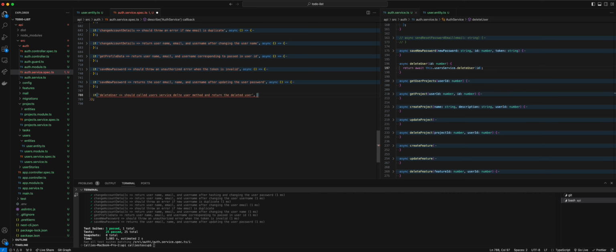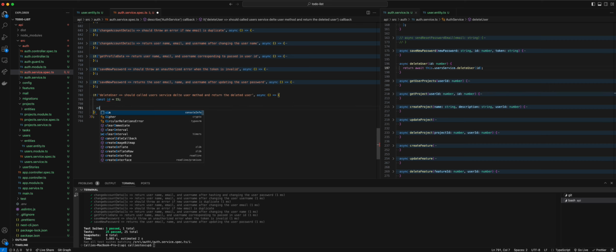All right, so let's do async. Let's write out our arrow function. All right, so the first thing we want to do is do our input. So const ID is equal to, it's going to be a user ID, so we'll use 15. All right, and then let's make a user. Const user is equal to ID 15, name